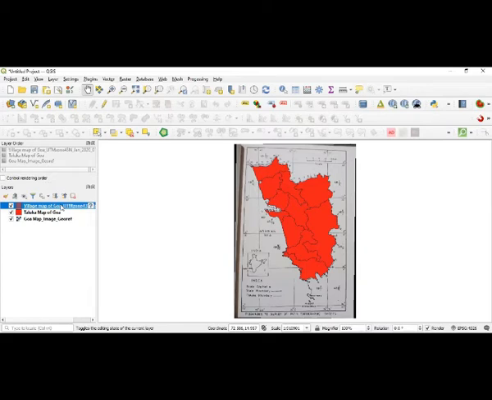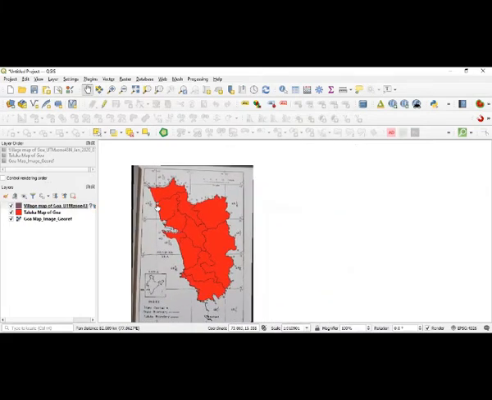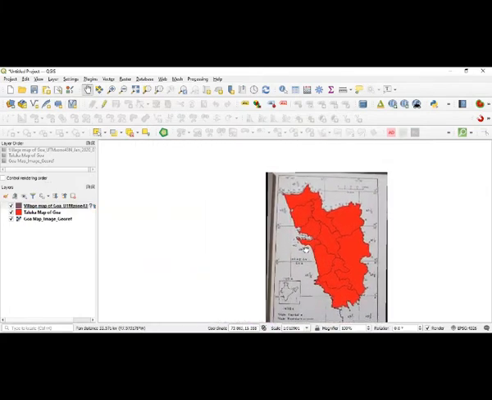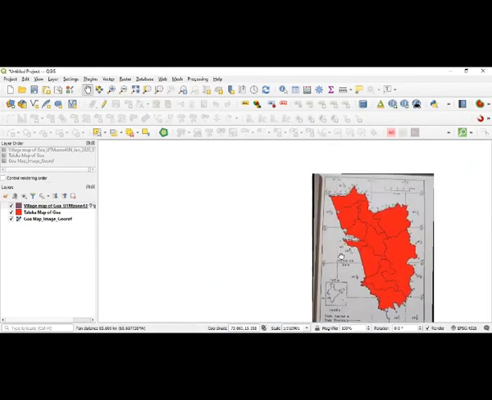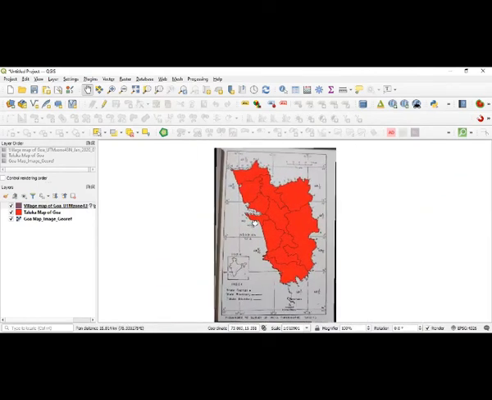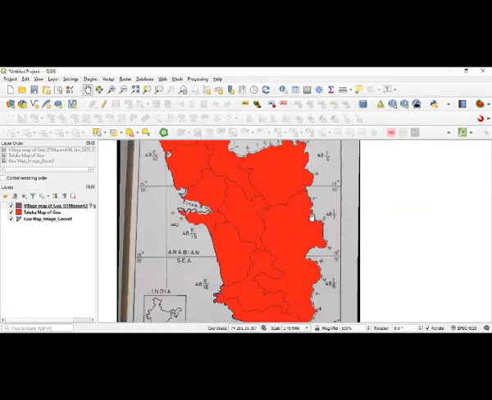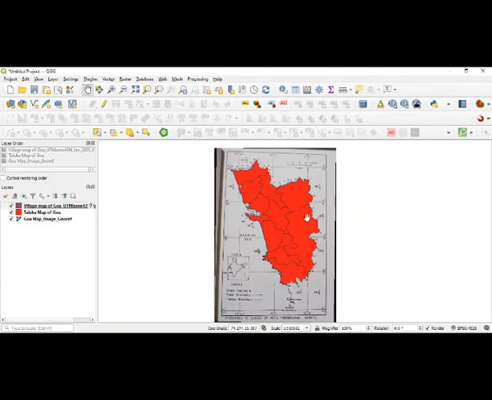Now, if I wanted to go far, among the map navigation tools, you can actually use the hand tool here, which is called pan map. You can use the pan, the hand will come, and you can pull the map to the left, right, up, down, or whatever direction you want. And if you want to zoom in, if you are using the mouse, you can roll the scroll forward to enlarge it, or backward to reduce it.